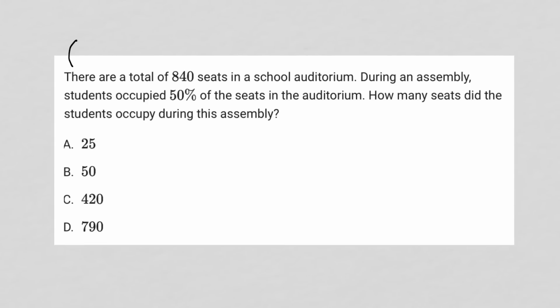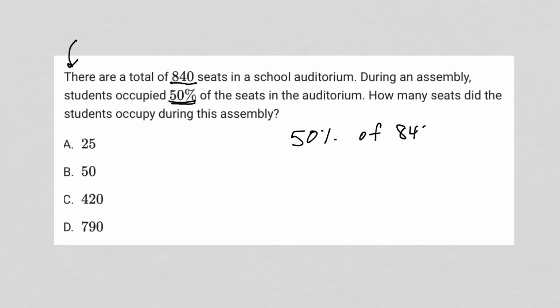So this question says there are a total of 840 seats in a school auditorium. During an assembly, students occupied 50% of the seats in the auditorium. How many seats did the students occupy during this assembly? So we know that 50% of the